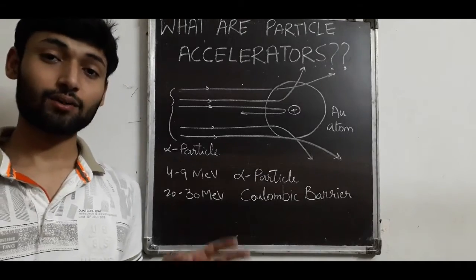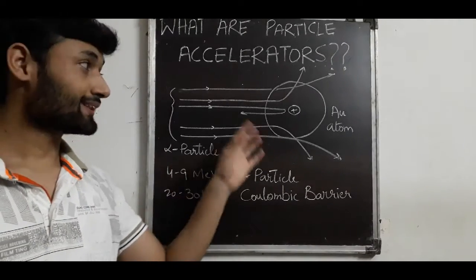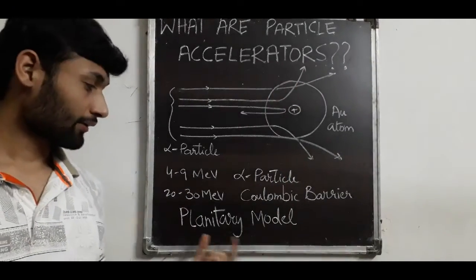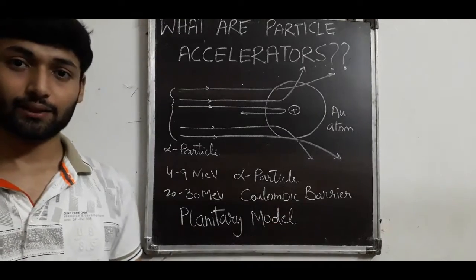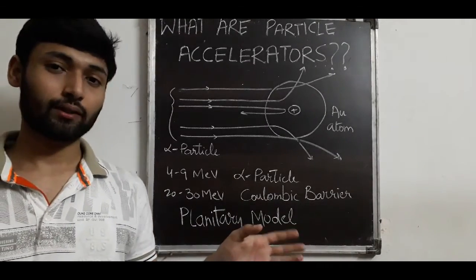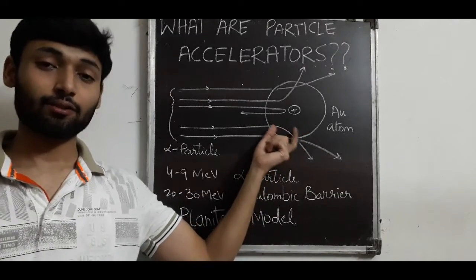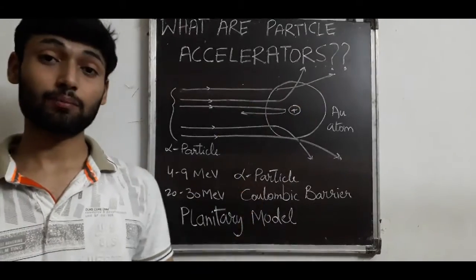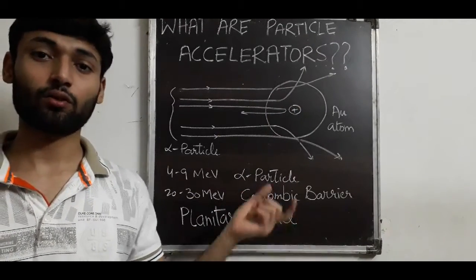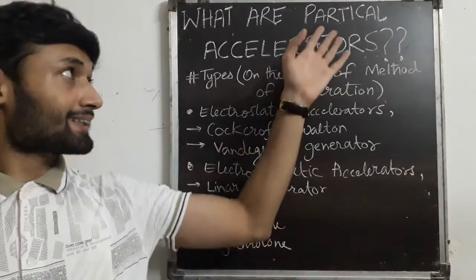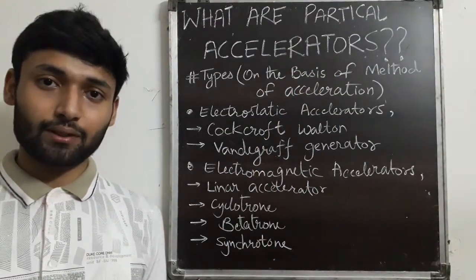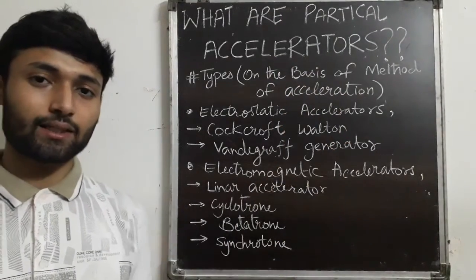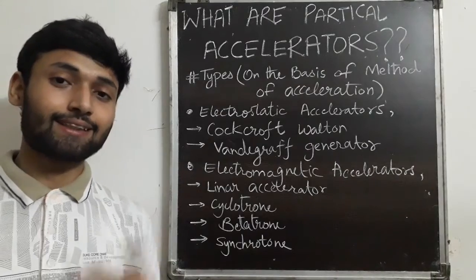The key is how the bombarded particles reach inside the atom. Without the particle accelerator, we reached the planetary model of the atom, but with the advancement in the particle accelerator, we are able to find the nuclear radius and even the constituents of the nucleus. To get some more information about how the particle accelerator helps us find the nuclear radii, you can check my video on finding nuclear radii. So the particle accelerator provides force on the charged particle by some combination of electric and magnetic fields, brings the ions to very high speed and increases the kinetic energy.